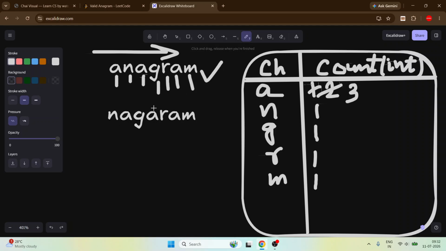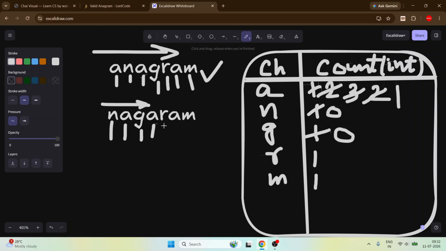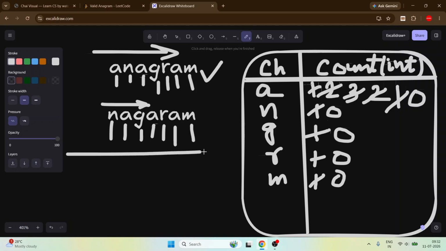Now traverse this second string. N. So go and remove 1 from the N. A, remove. G, remove 1. A, again remove 1. R, remove 1. A, remove 1. M, remove 1. After completing this string, the second string or the t string, the map contains every character as 0. That means